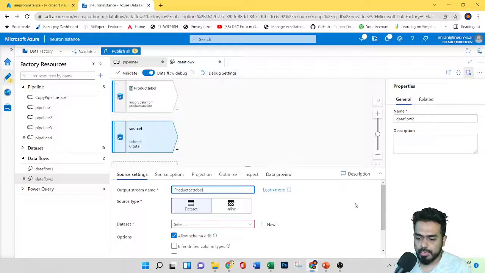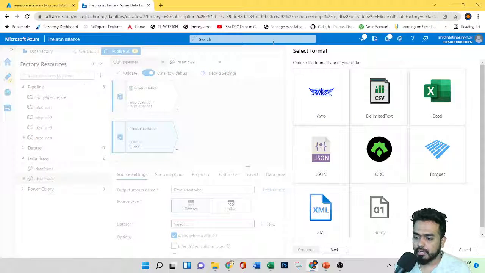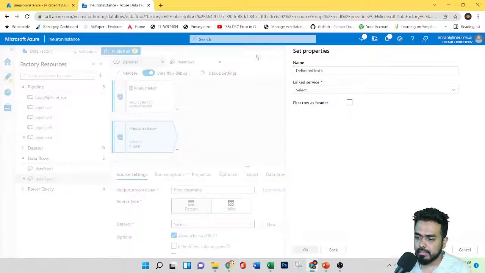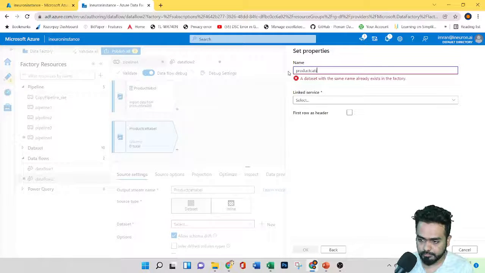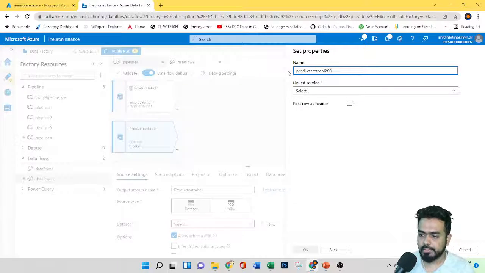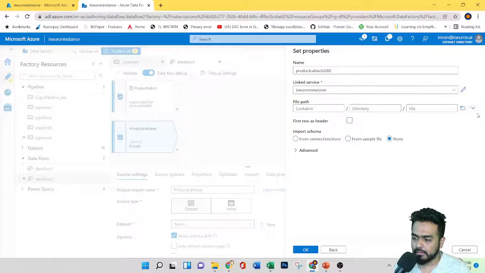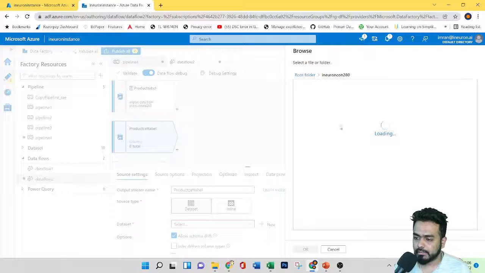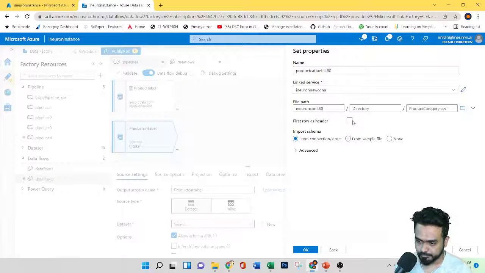This is the dataset. I'll click new, Azure Blob Storage, continue, CSV file, and here I'll give the same name, product category table 280. The linked service is iNeuron, and let's give a path. The path here is iNeuron connection 280 and the product category. First row as header and click OK.